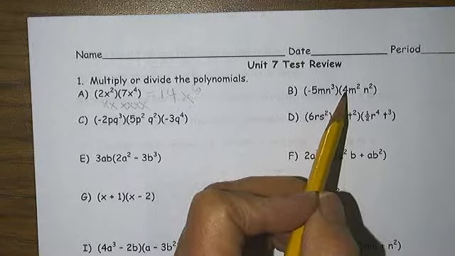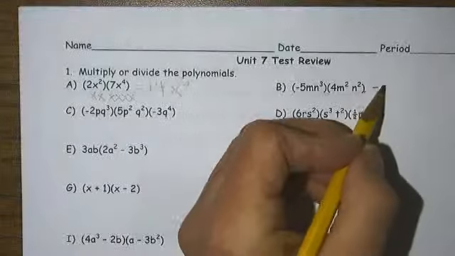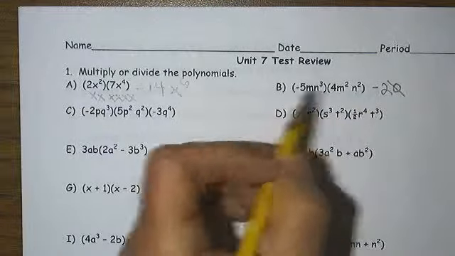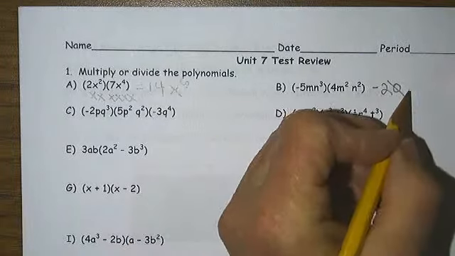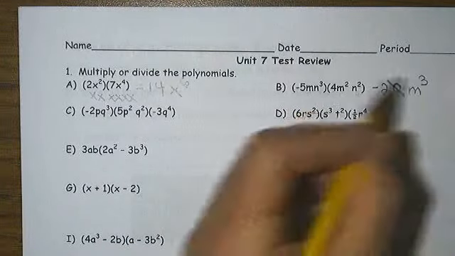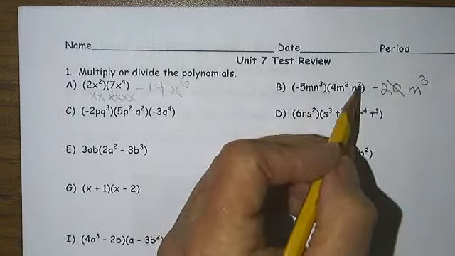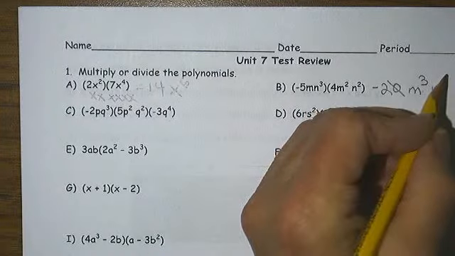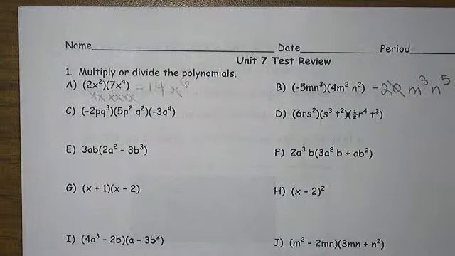Negative 5 times 4, negative 20. m times m squared is m cubed. n cubed times n squared is n to the fifth. Next we have